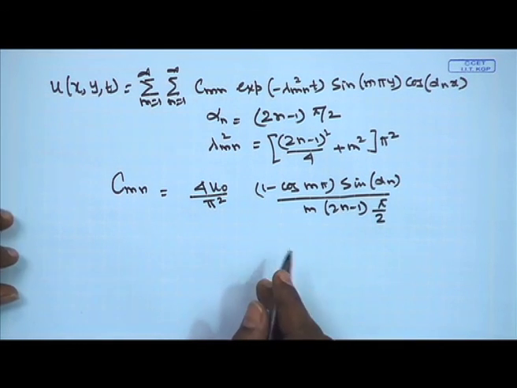So, that gives the complete solution of a 2-dimensional problem, a parabolic partial differential equation with a